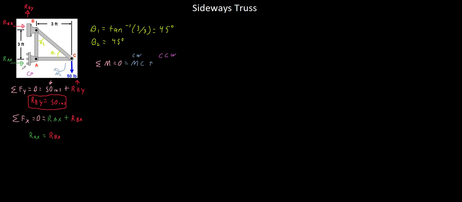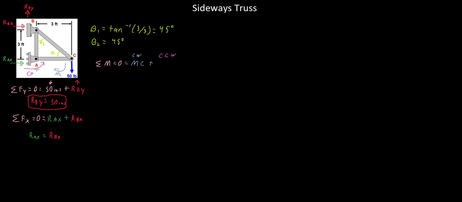So if we had it going to the left and then going towards our pin, that would be a clockwise moment. That would be incorrect. Therefore, we know our moment at joint A has to be going counterclockwise, and to make that happen, the force has to be going to the right. So if you think about it, moment C here,